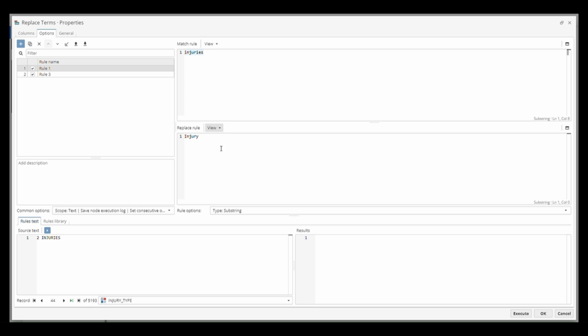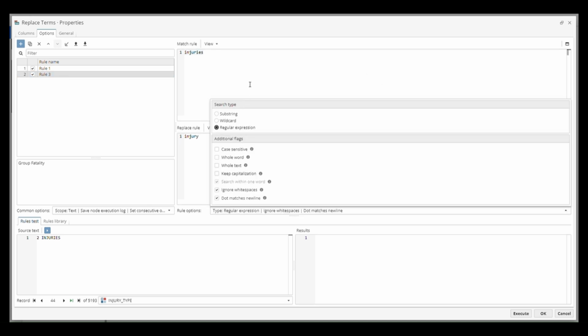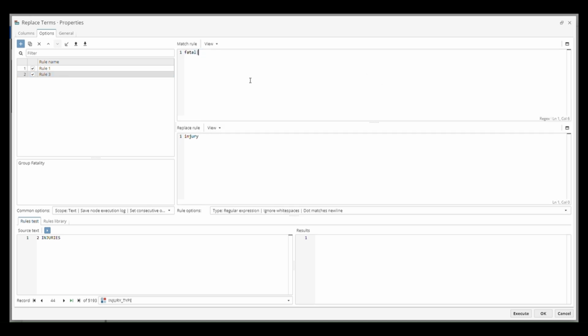To group the values mentioned earlier, I'll first create a substring rule to convert the plural form of the word injury to its singular form. For the word fatality, it's better to use a regular expression rule since it has two variations, fatal and fatalities. To remove the numbers, we will need another rule. This query matches the pattern where the word fatality or injury follows one or more digits with a space between them. By writing \1 in the replacement rule, it will only keep the words wrapped in the first pair of parentheses in the match rule. For clarification, we can rename these three rules,